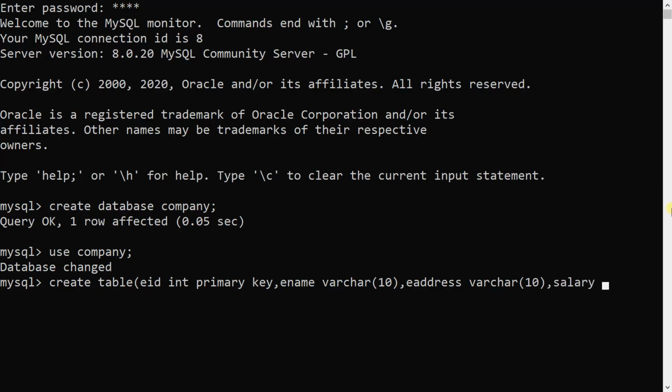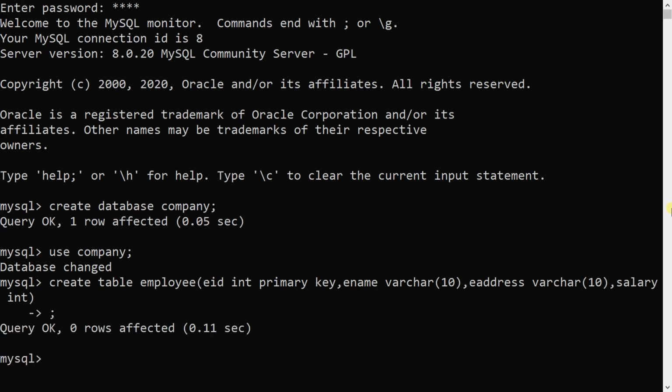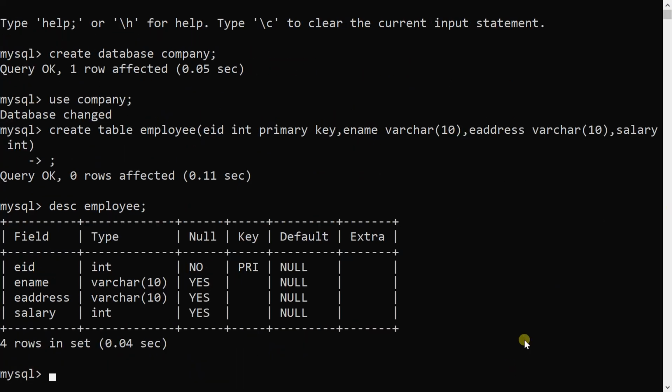You can have various attributes for this table. Here I forgot to mention name of the table. Create table employee and end with semicolon. So my table is created. If I want to describe the table, I will execute the command describe employee. I can see attributes of the table with EID as a primary key.